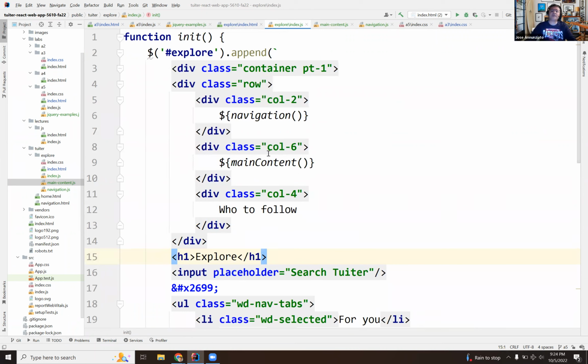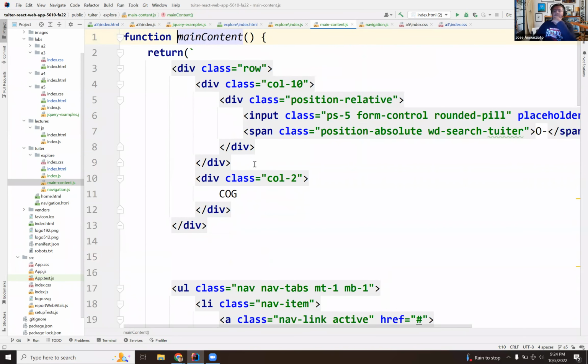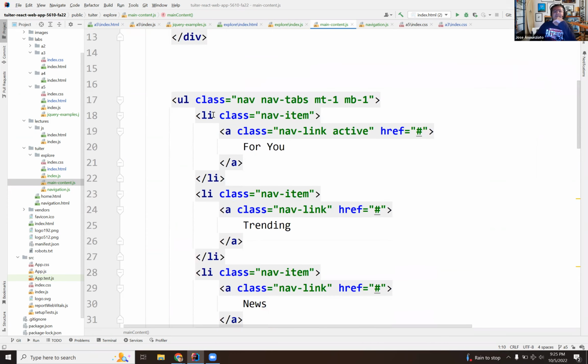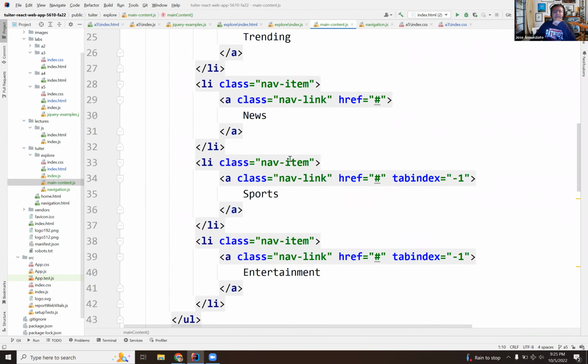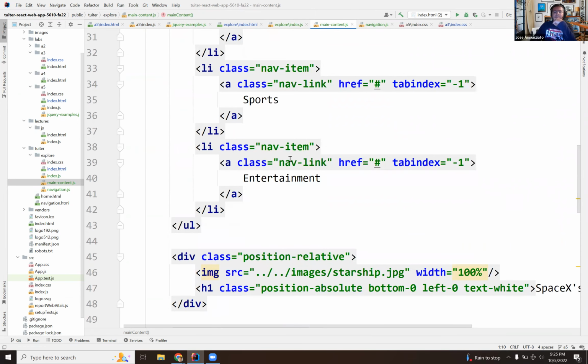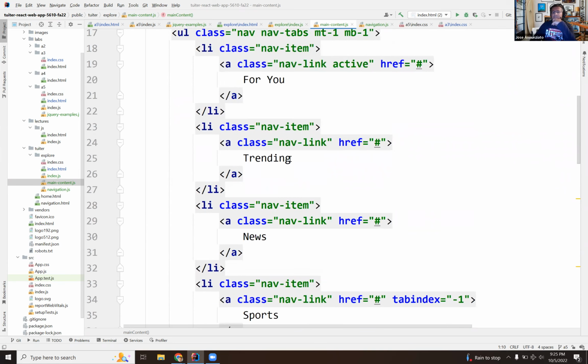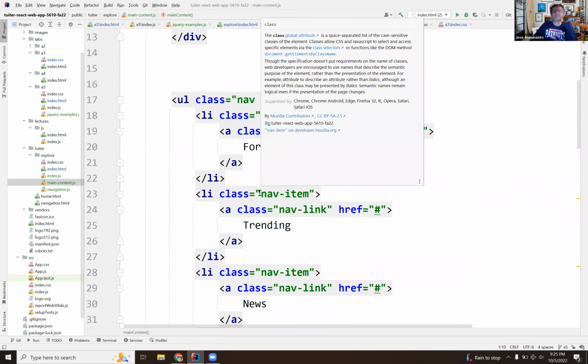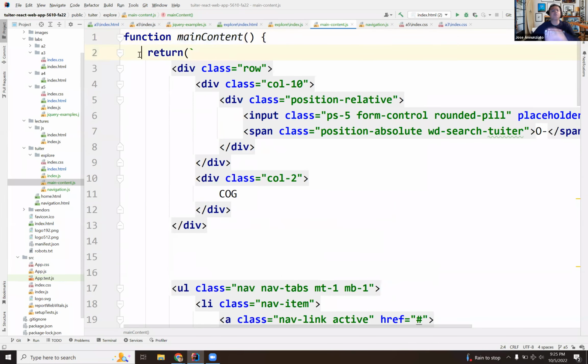Now this main content, notice that I can see some patterns here. We have the input fields at the top, we have the cog. Now this UL, what is this UL? It looks like it's a list of things. So this could be some data type. This could be an array that I can generate dynamically. So for you, trending, blah blah blah. These look like tweets. These are tweets. So this could be